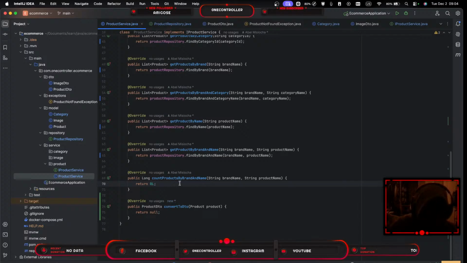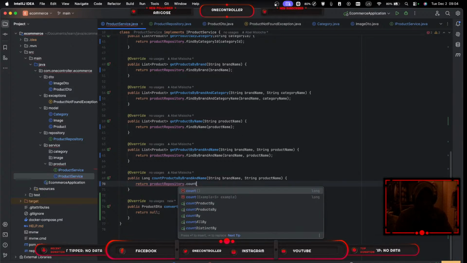Guys, count products by brand name. Look at this. Look at all these autocomplete suggestions, man. Look at that. Count by